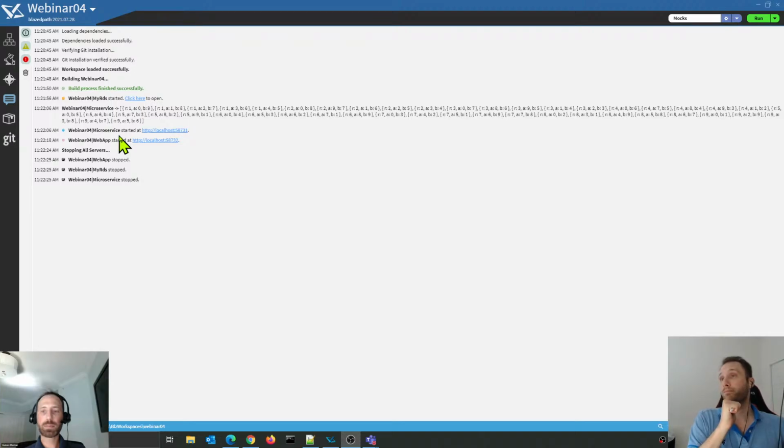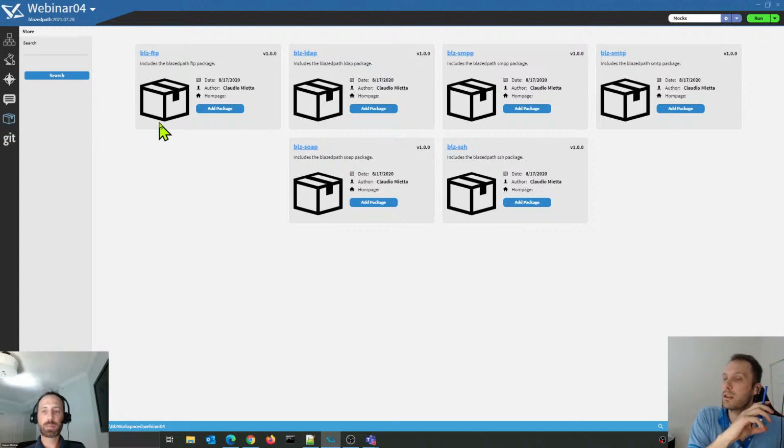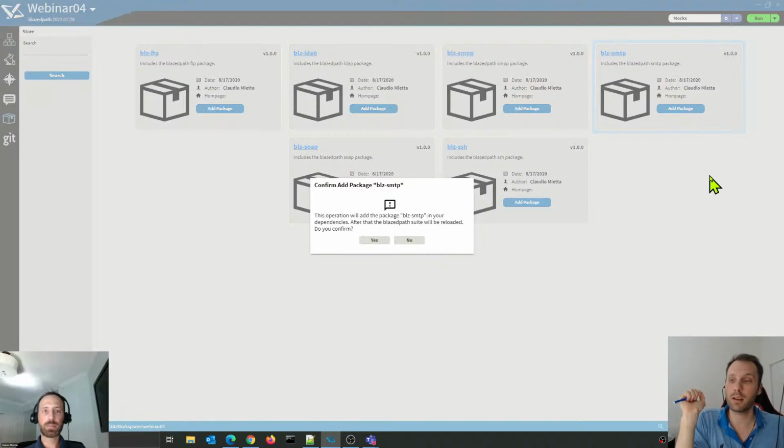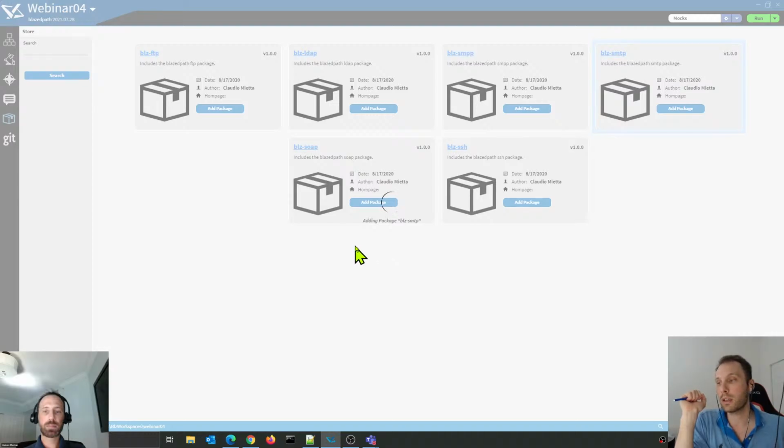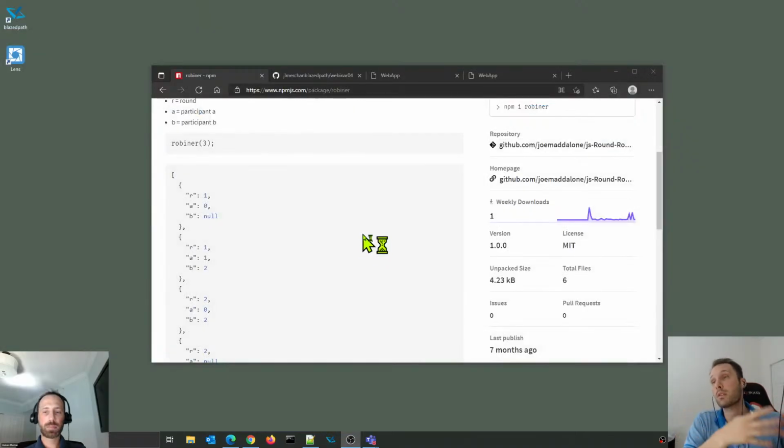So thank you, Gustavo. The packages that we have by default on the store are a little bit more out of the box. If you click on the box in here, you'll see a bunch of packages that you can add. So let's say you want your application to send emails. You just add the package BlazeSMTP for the SMTP protocol. Click on yes. This is an extension, so Blazedpath is going to restart, so you can have all the information on all the expressions. You can start calling